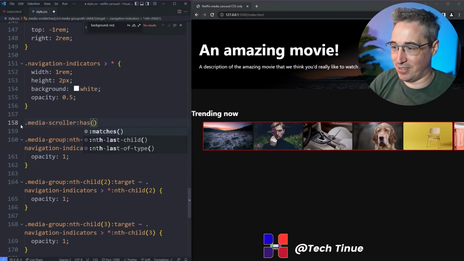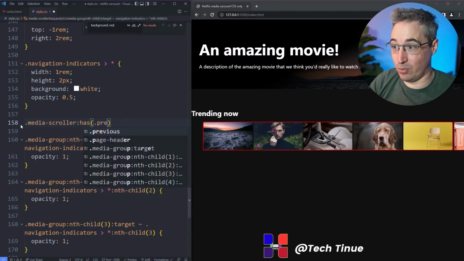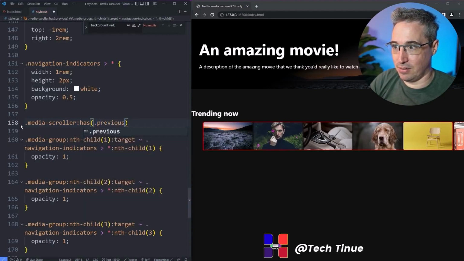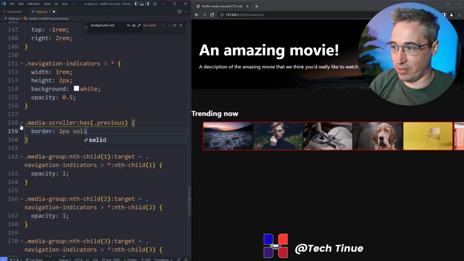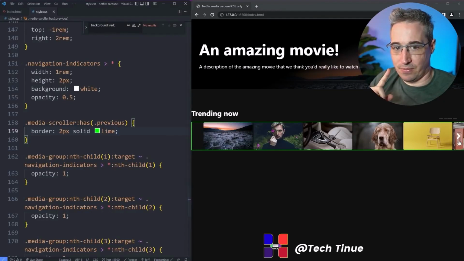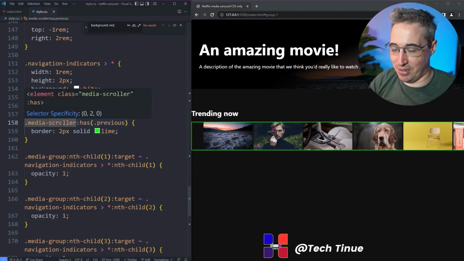Media scroller has, let's just see what we want to see if it has. Has a link in it. Or let's do has previous. We'll get a border of 2 pixels solid lime green. Oh, of course it's all getting it. Let's try that with media